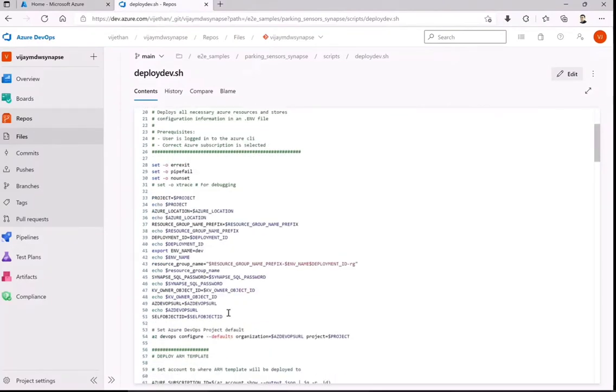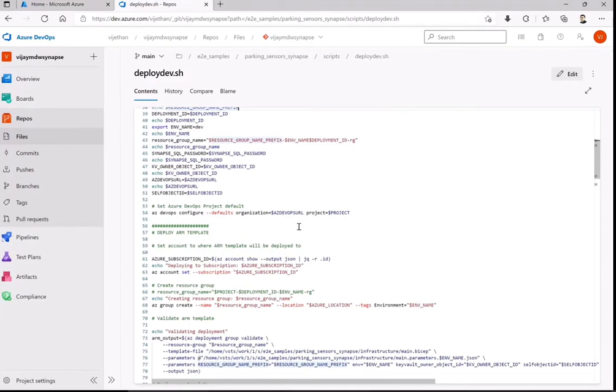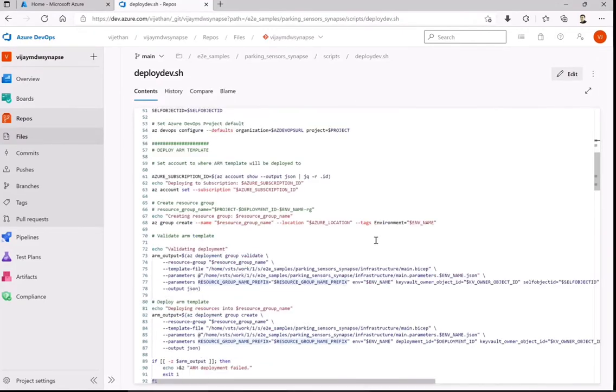First of all, as I said, we require some kind of variables, right? These are the variables which I will require as placeholders for me to get started or create those resources on Azure. Then obviously, as I'm authenticating to Azure DevOps, I need a URL along with the project, so that is what I'm providing here as a default for that particular project. And as we are going with Azure, if you have more than one subscription, I want to make sure that one particular subscription is made default so that the resource deployment happens at that particular subscription on Azure. Similarly, I also want to create everything at runtime.